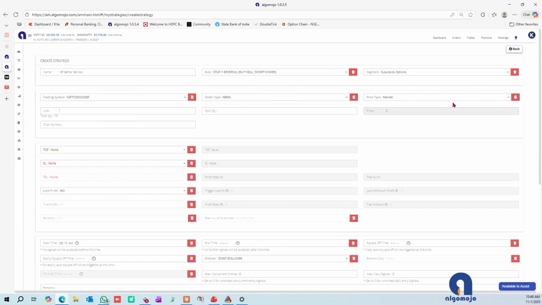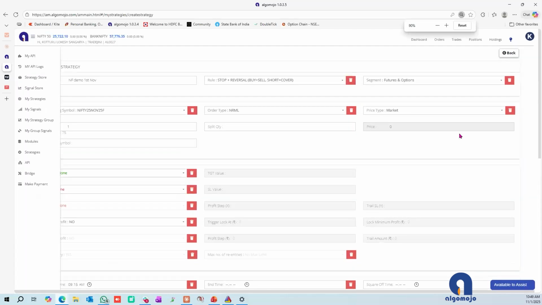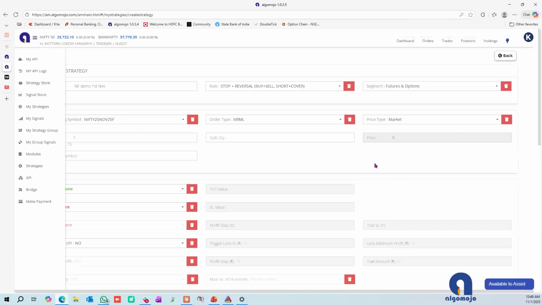Then the price type is always market. So there's no limit order facility as of now. That will come in later. Okay, let me try and hope this is visible. This is better. Yeah, thanks. So the price is always market,